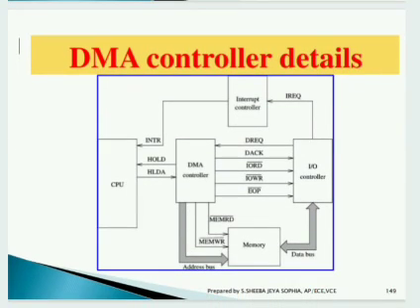This is the diagram of the DMA controller details which we have discussed now. You can see clearly that the DMA generates a request when an external request is given from an IO device. The DMA takes the request and passes it on to the CPU. Yes, it acts as an interface, as we have seen in the previous sessions. It is connected between the CPU and the IO controllers. So this DMA controller takes the request from the IO controllers. It checks whether the processor is available to communicate the data. It directly gets the request, passes it to the device, gets the data and sends it to the IO controllers.